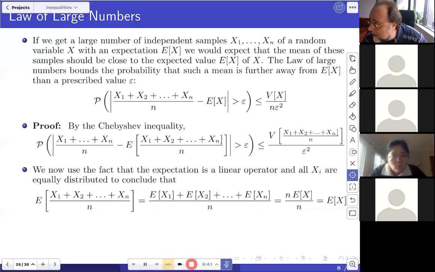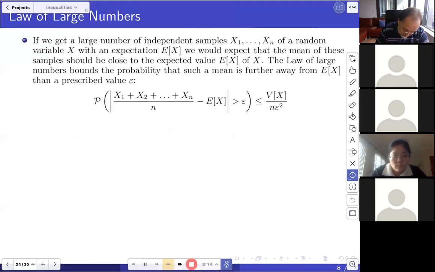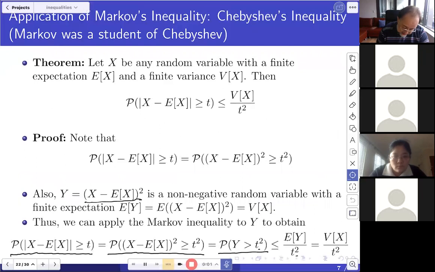Okay, let me see. We have some questions. Sorry, I should have looked earlier. In the proof, we are comparing to t squared, but in Chebyshev, we are comparing t. Why are they different? Well, that's the trick. So why do we have, let's just very quickly look. Let me answer your question. You see,